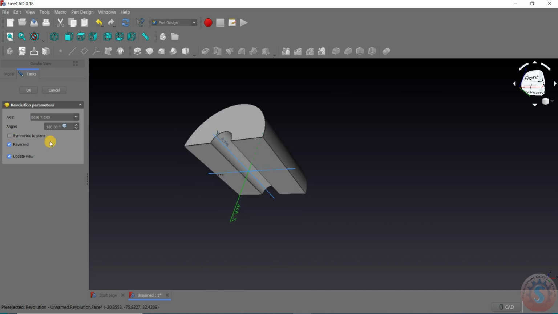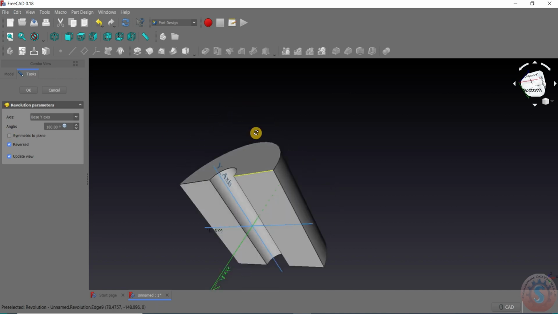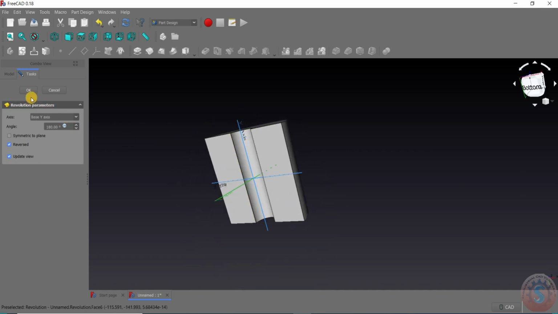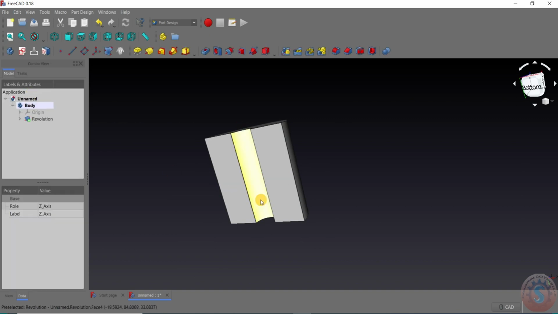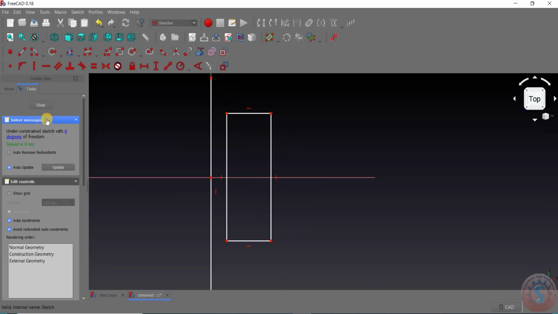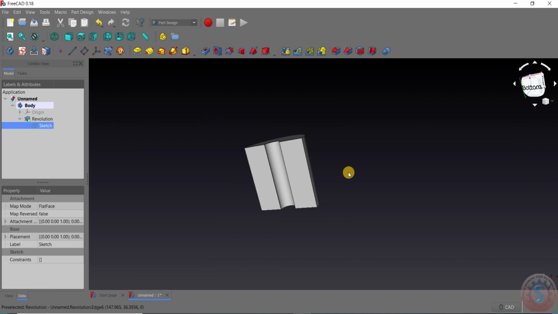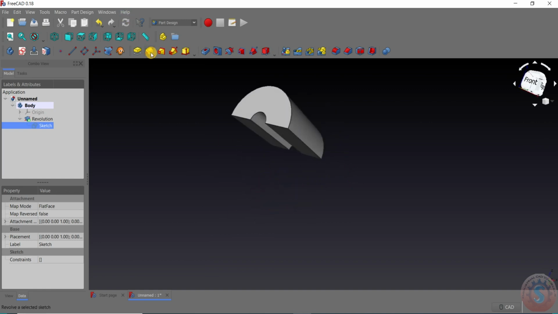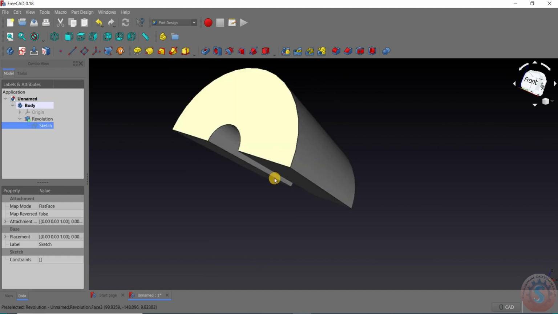I'm giving the reverse over here, same as like this only on the x-axis what I created, and after creating the revolution parameters, click on OK. You can observe the revolution is completed. If you want to go into the sketch, double click on it. You want to go into model and close it. Like this, a revolve of a selected sketch is created by using the sketch.